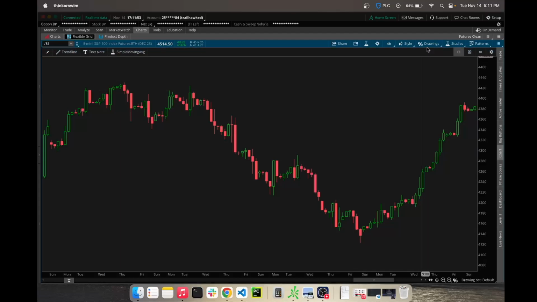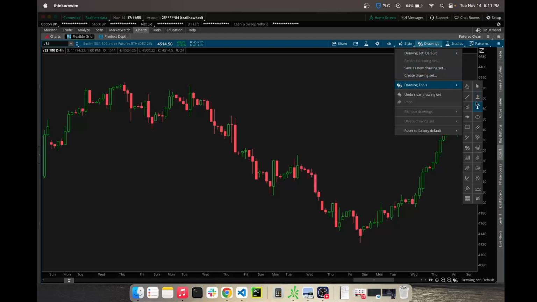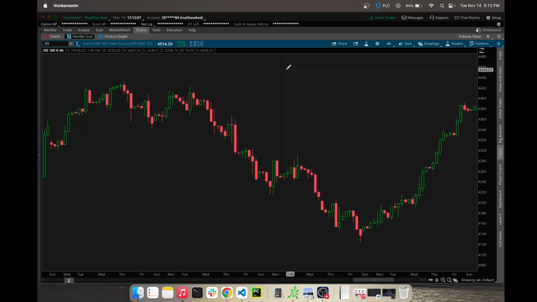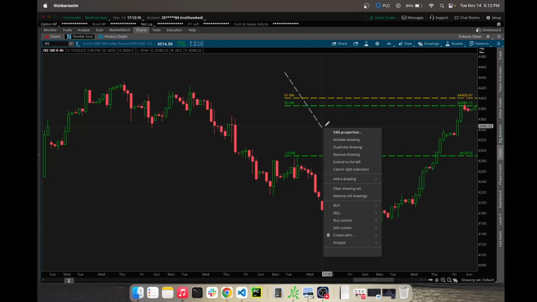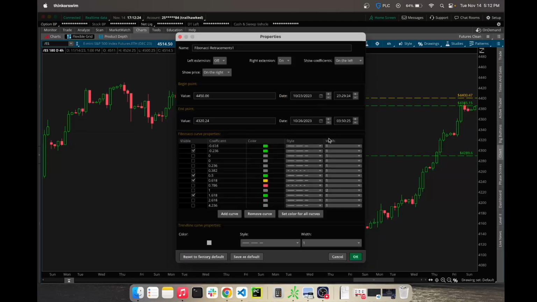So to start, we're going to highlight what's important to us in the Fibonacci tool that Thinkorswim offers. If you go to your drawing tools and then select the percentage sign, which is your Fibonacci retracement, and then just anywhere add in yours will not look like this right up front, but just connect a line and make a Fibonacci retracement. Double click on it or two-finger click on Mac and go into Edit Properties and replicate